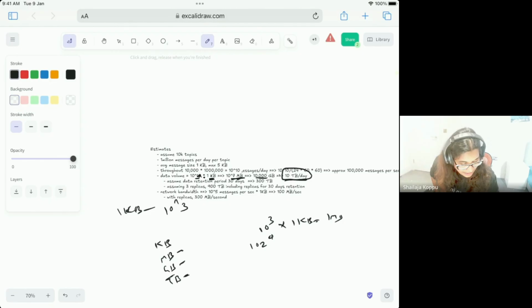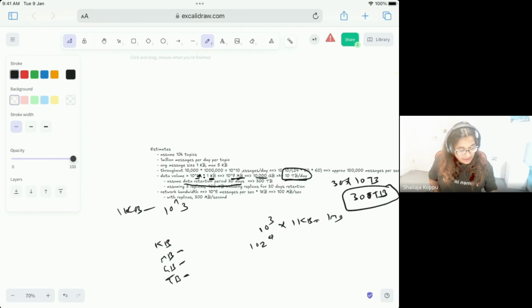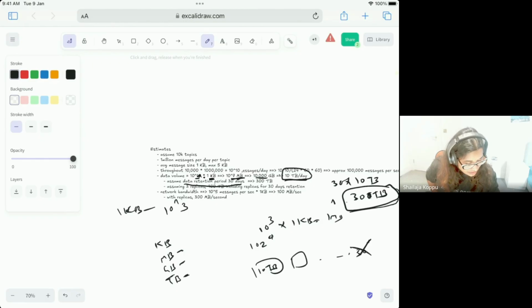Now, let's assume our data retention period. That means our message queue is going to store the data for 30 days, and after that, we are going to batch delete them, because we just archive them or delete them. Assuming we delete them after 30 days, that means 30 into 10 TB per day. That is 300 TB of data we store at any point of time, because we have 10 TB per day for 30 days. After 30 days, our process kicks in and deletes them. So 300 TB is the minimum storage we need to support.